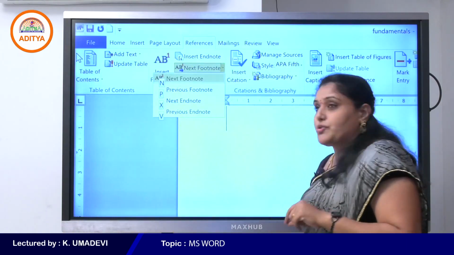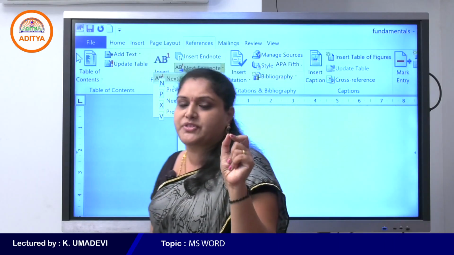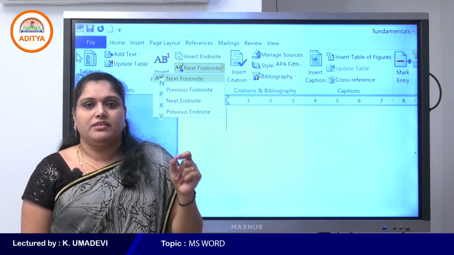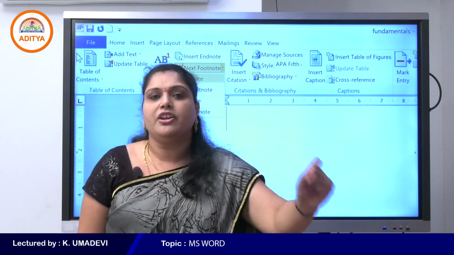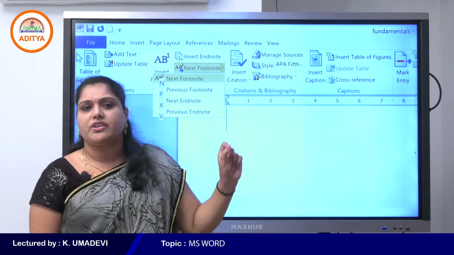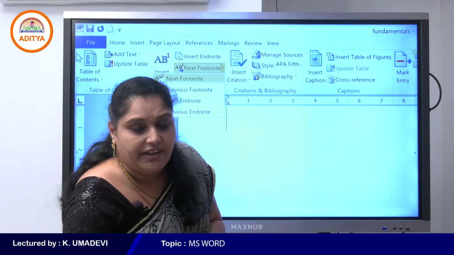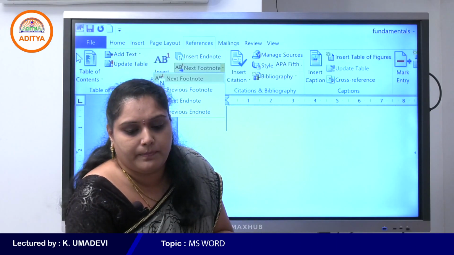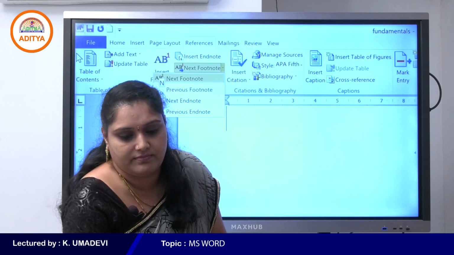So like this, we can easily navigate the entire ribbon and tabs by using one single shortcut key, that is F10, without remembering the individual shortcut keys. Clear, students? We can easily navigate a file by using F10.